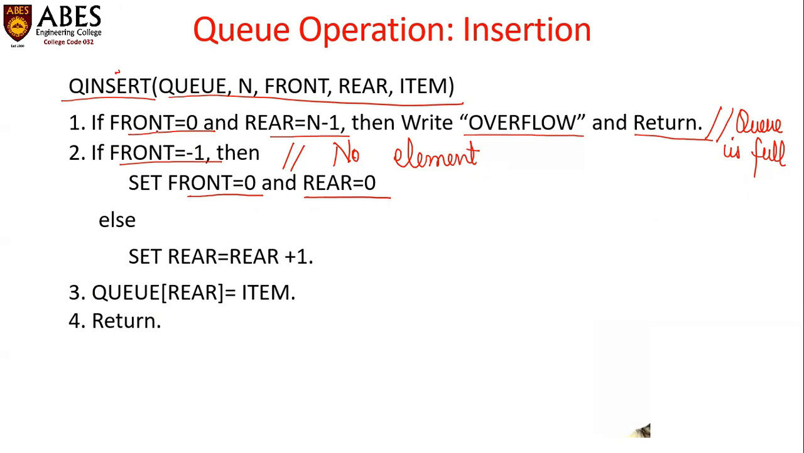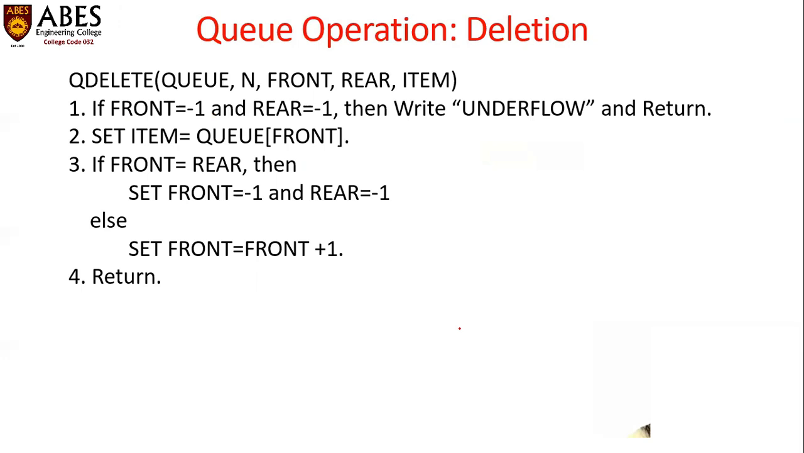But if these two cases are not there and we want to insert a new element, then we have to do rear is equals to rear plus 1. Then after performing the increment inside the rear position, now we can insert our new element, which is Q of rear equals item. Now we can place the item at this position where rear is pointing. Okay. Next one is